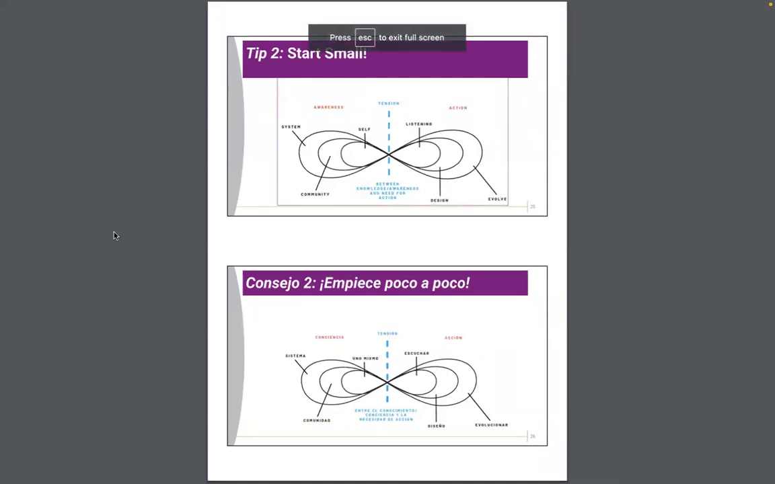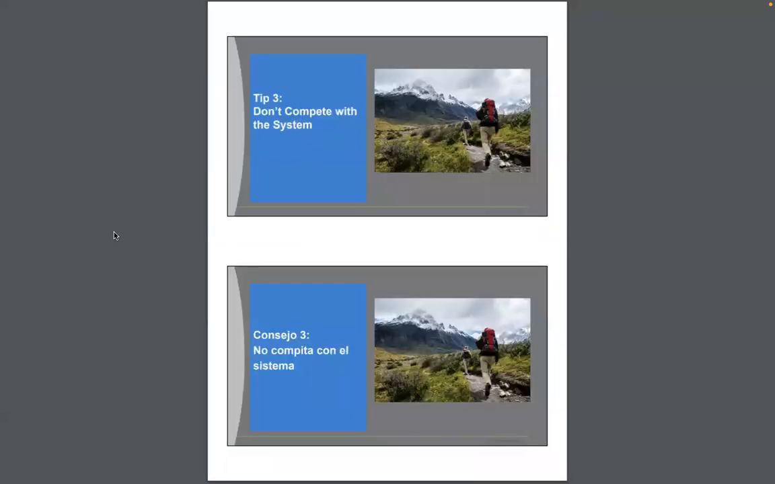Okay. I could talk about that all day. It's really important. Let's go ahead and round us out with the third tip, which is not to compete with the system. When we first started Reschool, we wouldn't have had this as a tip. When we started,